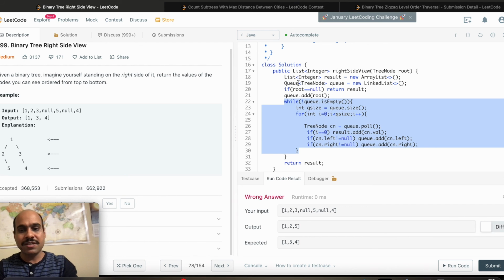And space complexity is because of this result or because of this queue. If we ignore the result variable and just take this queue, the space complexity will be the maximum nodes which this queue can contain. And as we know, this queue stores all the elements of a level. For this level there will be only one element, for this level there will be elements 2 and 3, and for this level also in this problem there will be elements 5 and 4. So at a time this queue can have elements from one level. So you can say order of w, where w is the width of a binary tree.